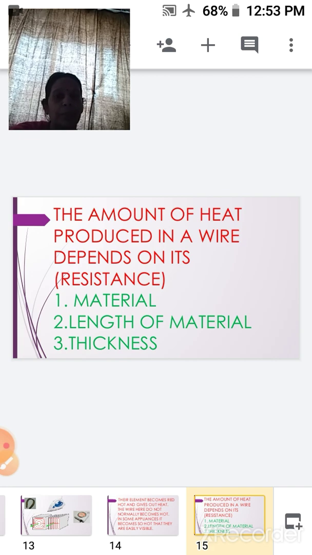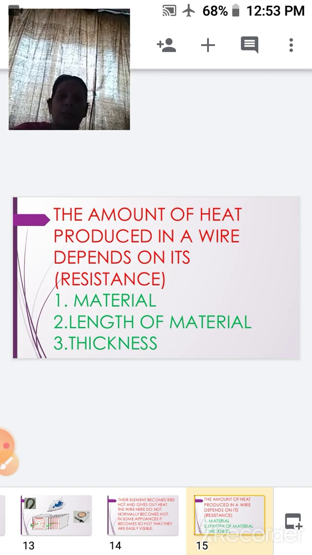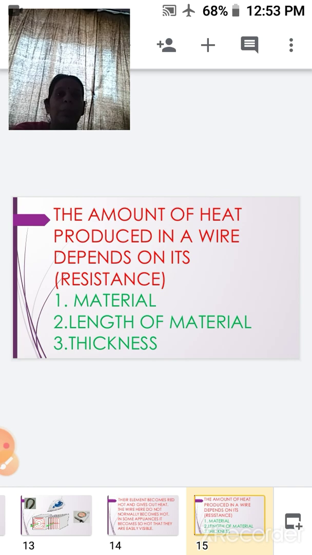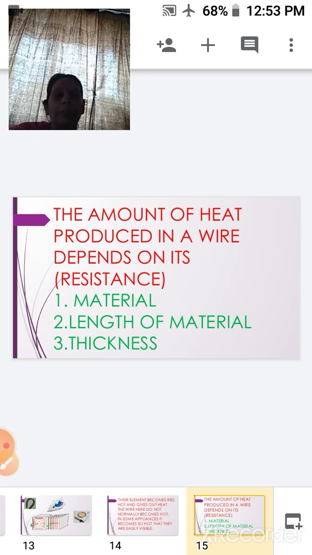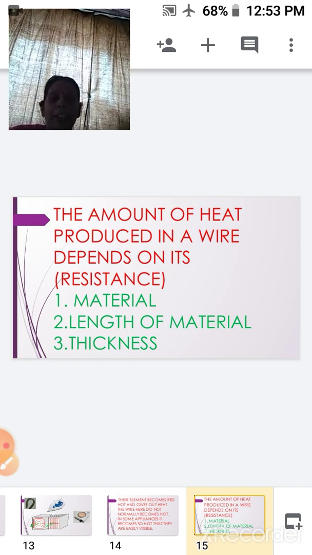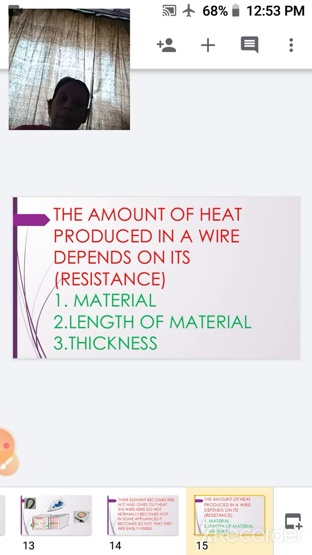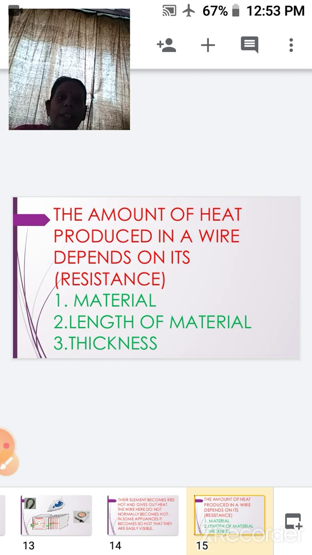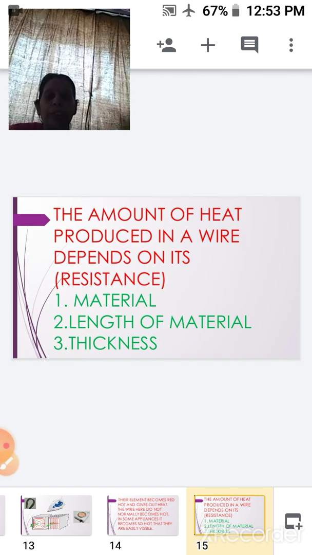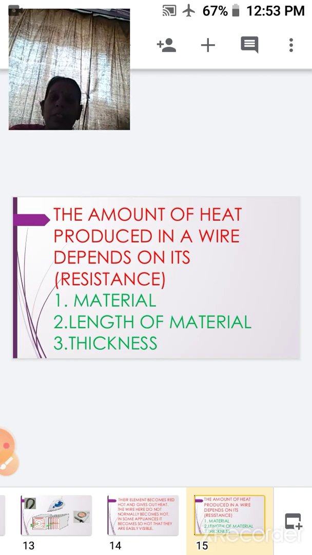The resistance of a wire depends, first of all, on the material of which the wire is made. Secondly, the length of the material. And third, the thickness of the material. So the material here is your wire, and what material is used to make it, how much length it has, and what is its thickness. It depends on these three factors when we are talking about heat production.